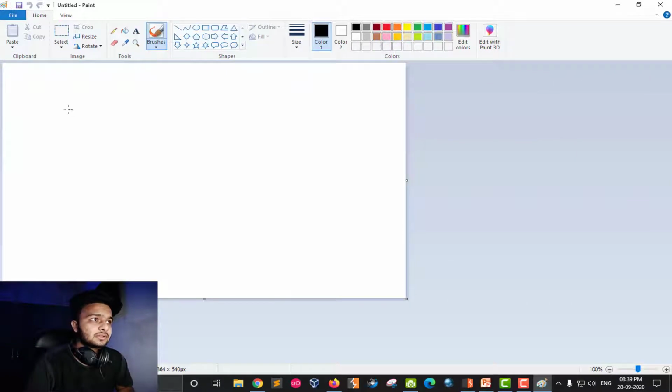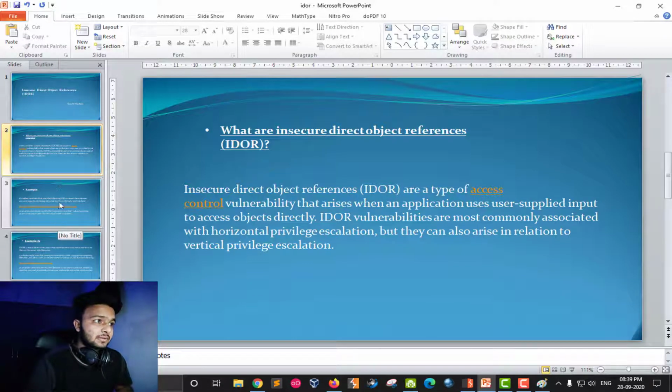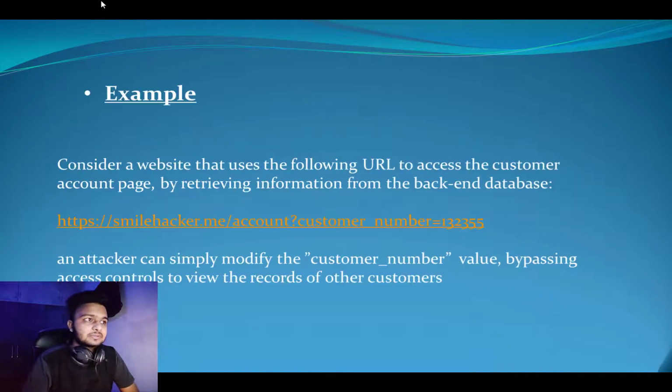Suppose there is a URL. Let's take an example. Consider a website that uses the following URL to access the customer account page by retrieving information from the backend database.